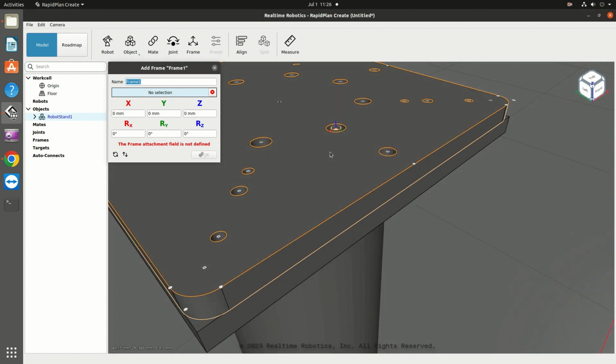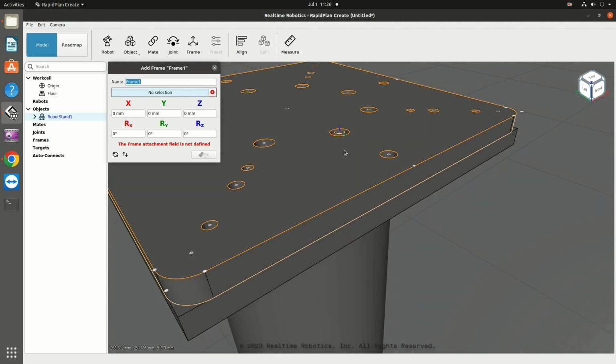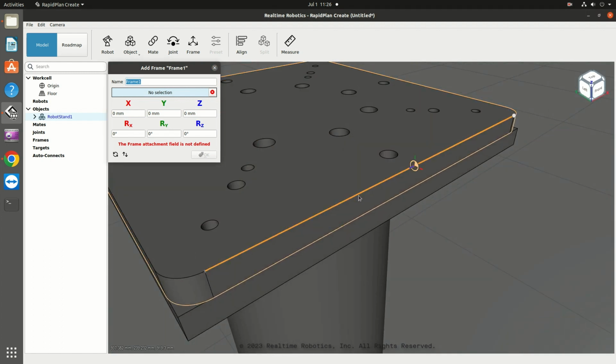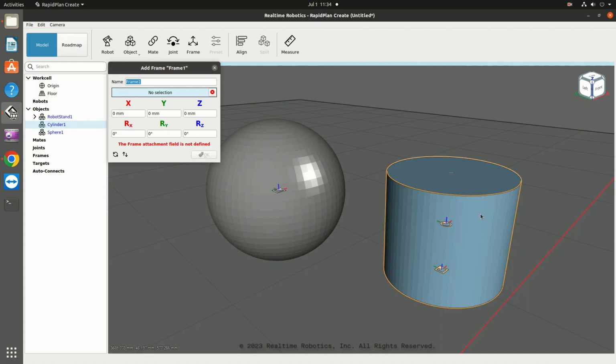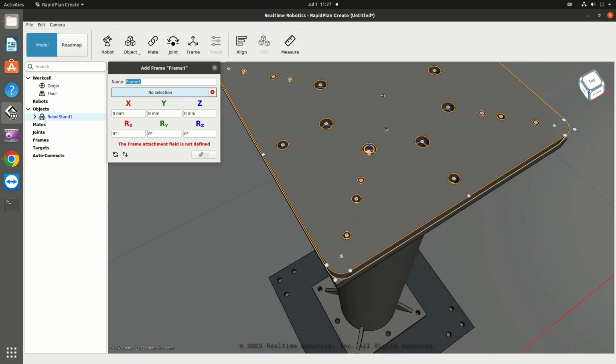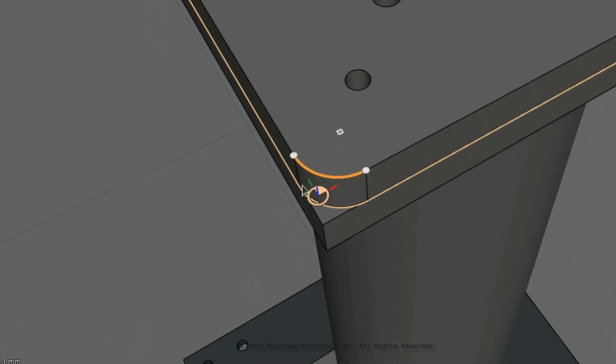The number and type of keyframe vary depending on the object. For example, a keyframe on an object's edge has two endpoints and a midpoint. An object's face can have these keyframes for each of its edges, as well as a center point. Objects such as cylinders or spheres can also have a center mass keyframe. This object, an adapter plate, has keyframes at each of these locations, and there can be keyframes on arcs in